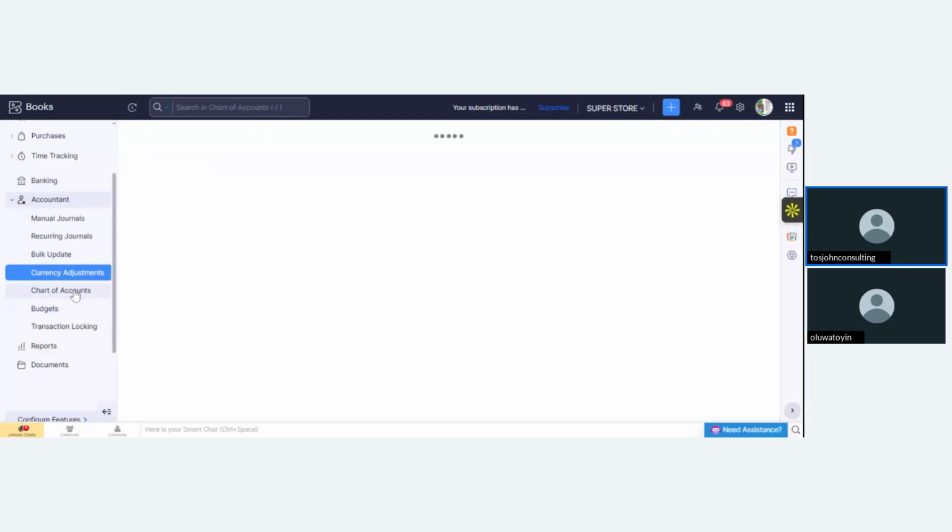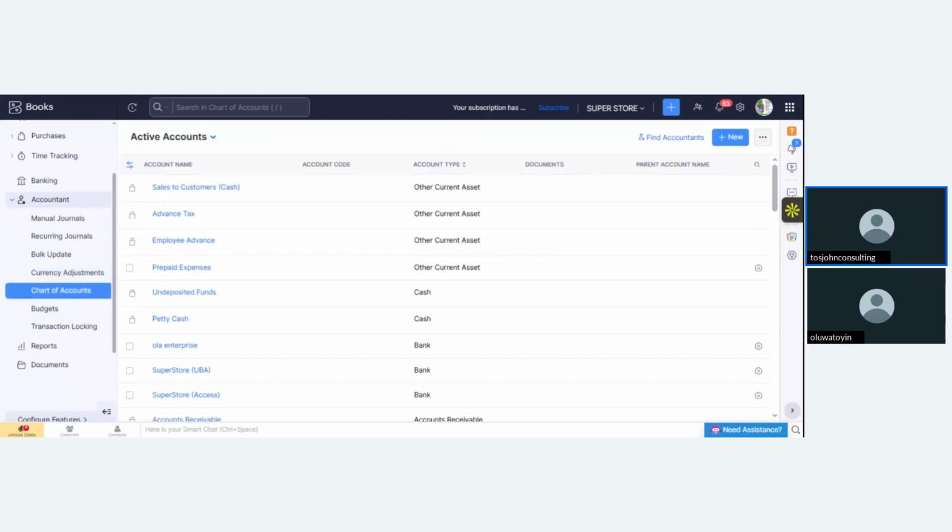So we come to chart of accounts. This chart of accounts is all the ledgers. We say ledgers is the principal book of account. This is where you have all the ledgers. Expenses ledger, so any expenses you want to create is there. Asset ledger, so all the assets you want to create. Liabilities ledger, so all the liabilities you want to create.